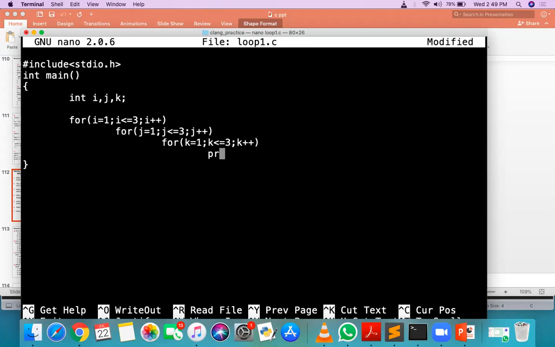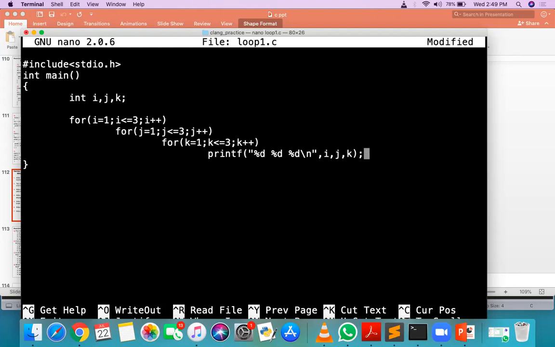And then last is printf of %d %d %d backslash n, comma i, comma j, comma k.